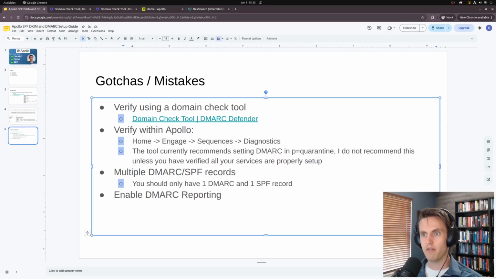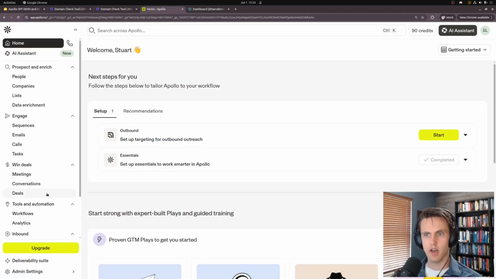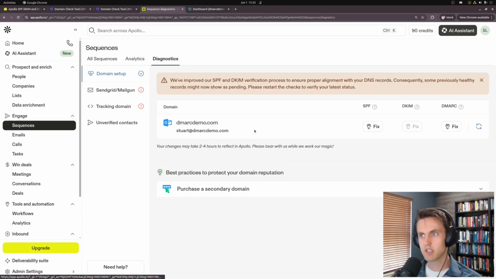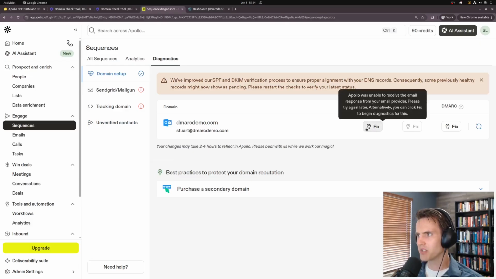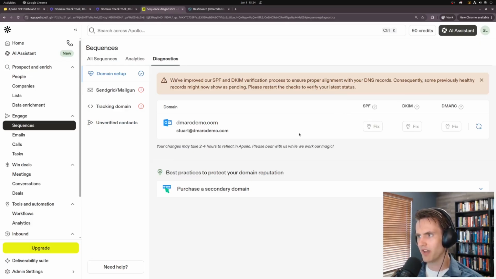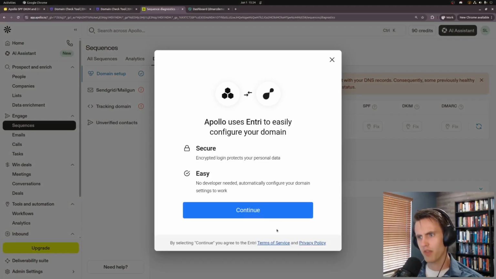We can also verify within Apollo. So if you go to Home, Engage, Sequences, Diagnostics. They have a checker here. Unfortunately, I don't agree with what they're saying, but we can still cover it anyways. It says Apollo was unable to receive the email responses from your email provider. Fix. I'm a little bit confused about that, but if we click through,